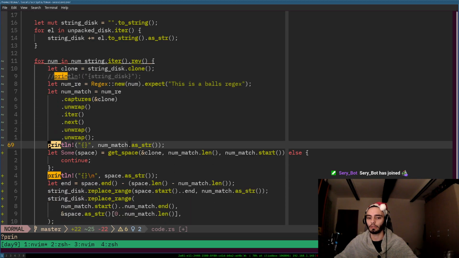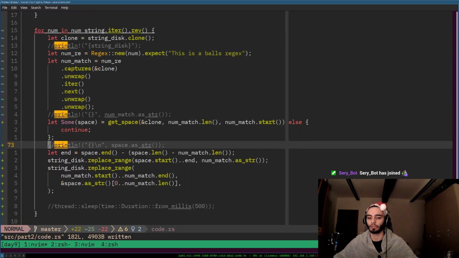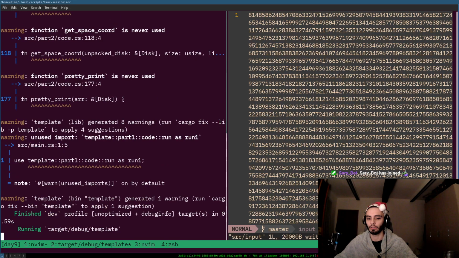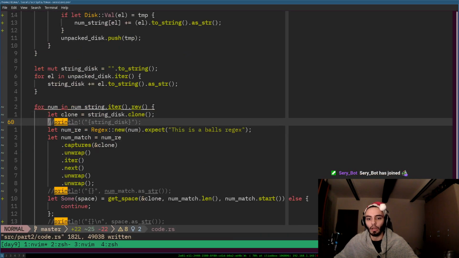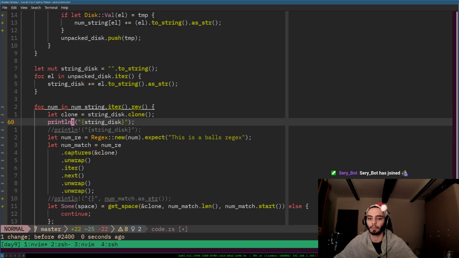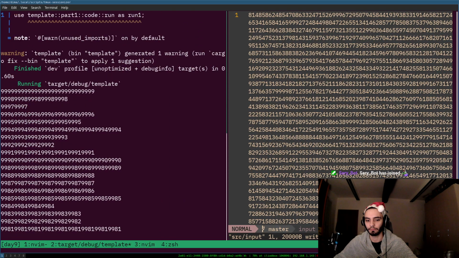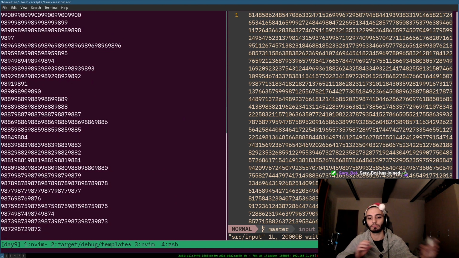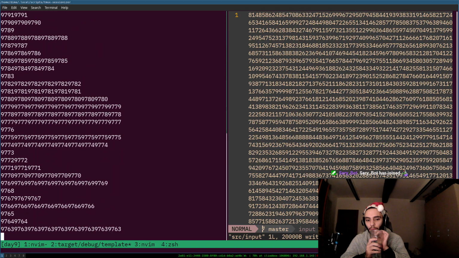I'm just going to keep one to see. Actually, let's see if it's fast enough. Okay, it isn't. Let's print out the string rather than the disk. Sure. Then now that would work. Kind of slow, but